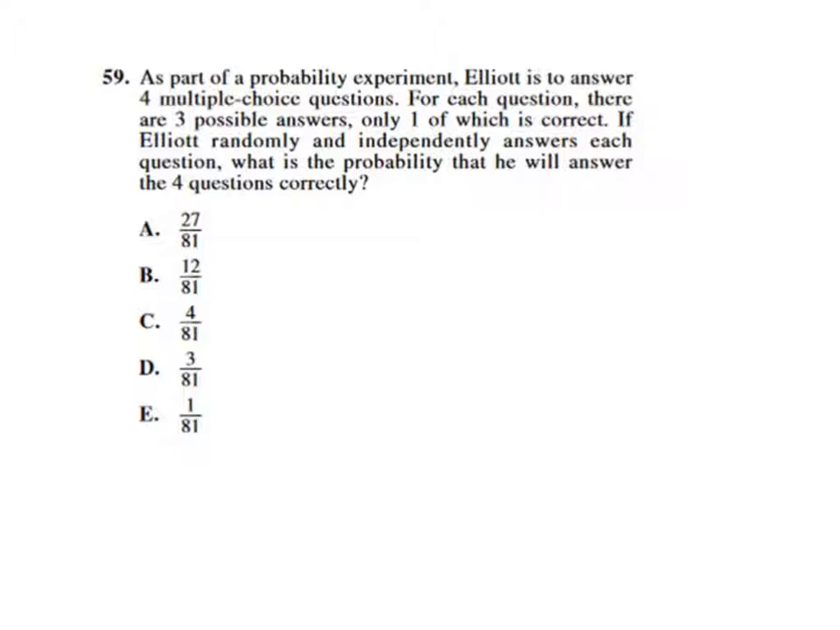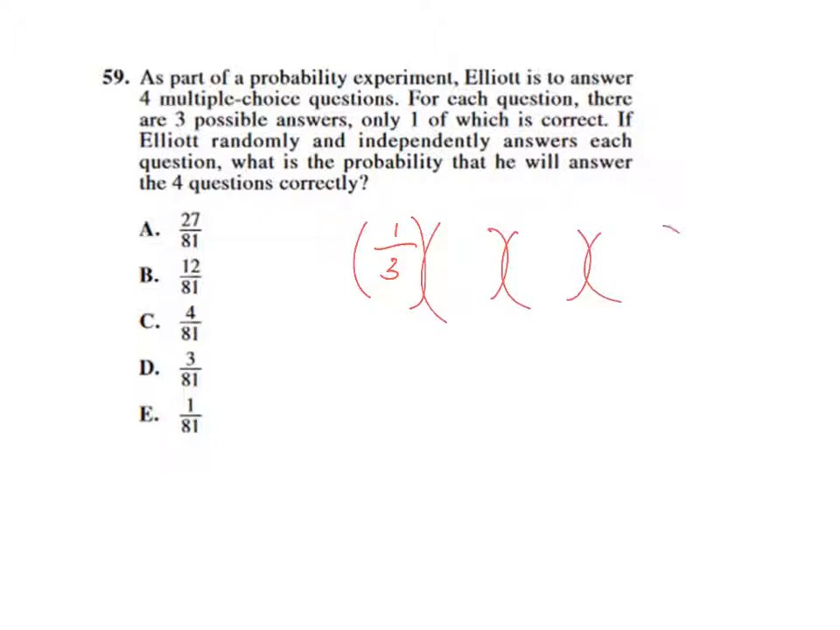So for probability, we know that we are looking at our favorable outcomes out of the total possible outcomes. So for a single question, there's 3 choices, and the probability of us getting it correct would be 1 out of 3. Since there are 4 questions,